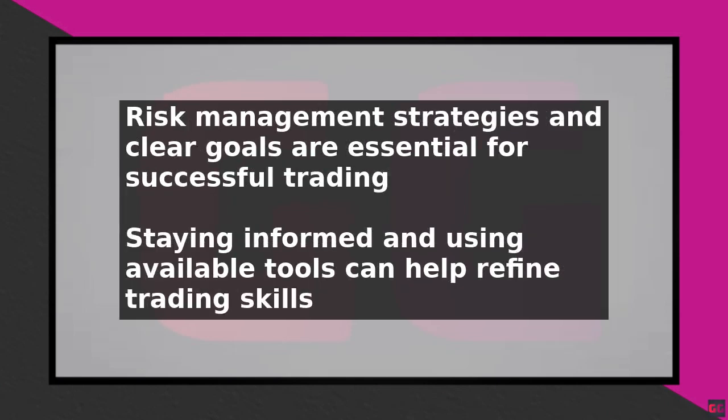Finally, let's look at a practical example of how to trade options on Sofi. Suppose you want to buy a call option on a stock with a current price of $50. You expect the stock price to rise to $60 in the next few weeks, and you want to buy a call option with a strike price of $55 and an expiration date in 2 weeks. You can use the Sofi platform to place the trade, and you'll need to pay the premium, which is the